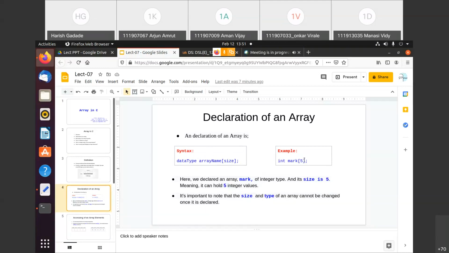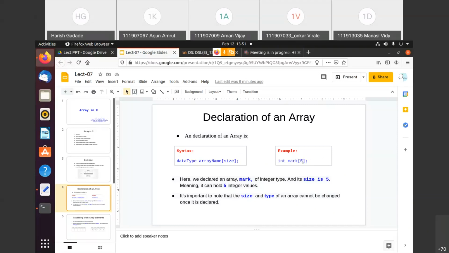The example given here is int mark[5]. Here int is the data type, which means all 5 elements are of integer type, mark is the array variable, and inside the brackets 5 is the size. So all these 5 elements will be treated as integers.